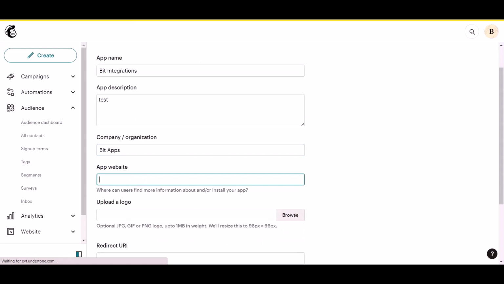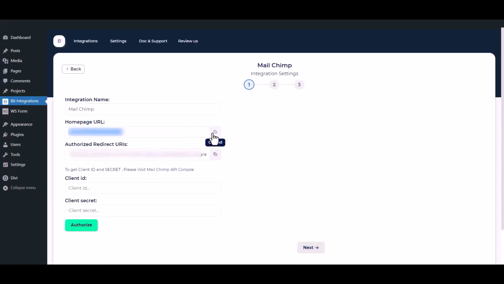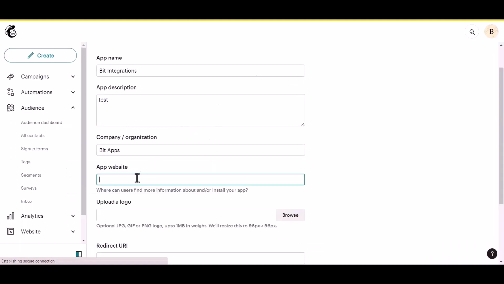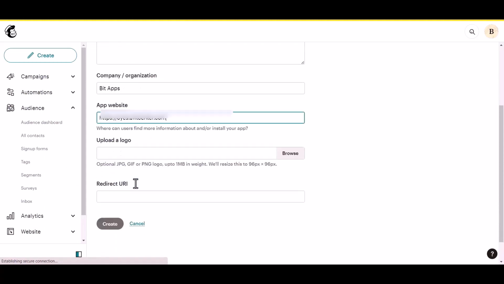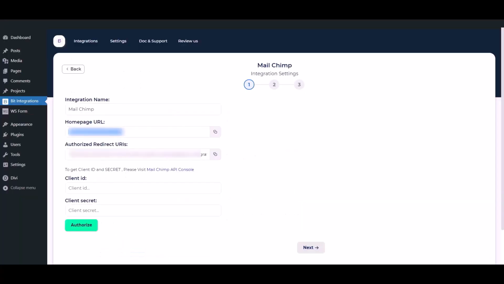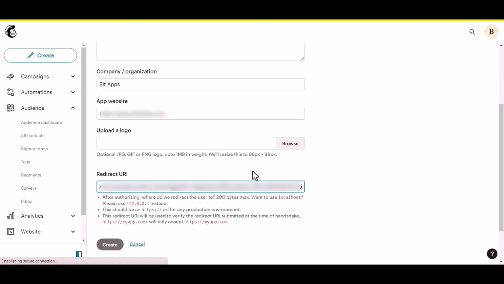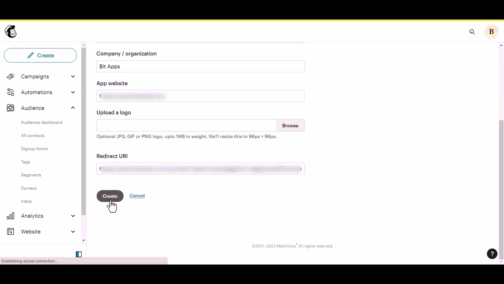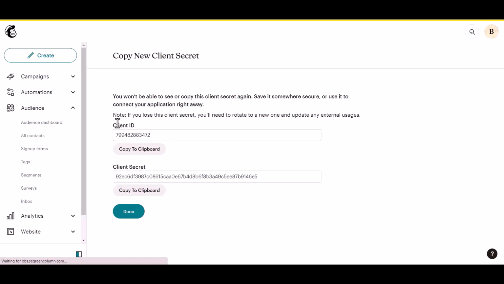Now go to the integration setting. Copy the homepage URL and paste it here. And copy the authorized redirect URIs and paste them here. Then click on the Create button. After successfully registering the app,